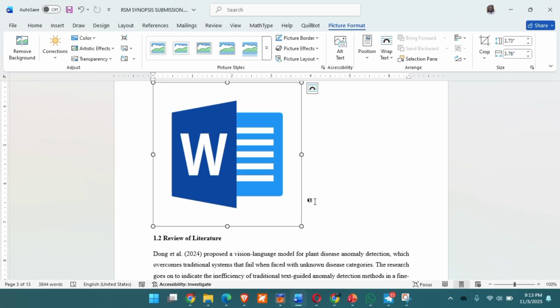Now the next thing I want to show to us is what? Text wrapping. There are times when you've inserted your picture into your document, there are a couple of texts that are either immediately following the text, by the side of the text, or at the top of the text. Now, in some papers or some magazines, you will see that even the text is just lying side by side with